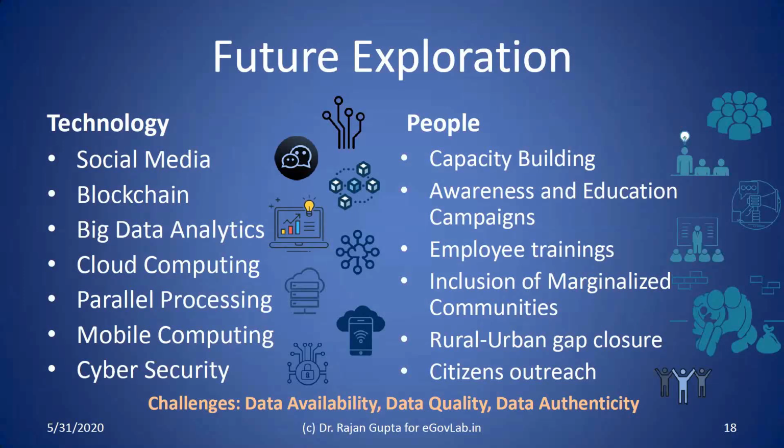Having said that, there are a few challenges. The data availability, and the quality and authenticity of that data, remains the biggest challenge. As in private industry, we also have these challenges in the government sector. If these can be overcome, then yes, you can have an effective e-governance model in place, and you can use various kinds of data science techniques to find solutions to various problems existing with respect to government-citizen interaction.